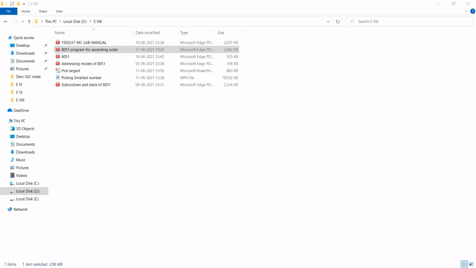If no carry generated means A is having the larger value. But what is required, the larger one should be at the bottom. So if no carry, A is larger, but the larger value should be at the bottom.